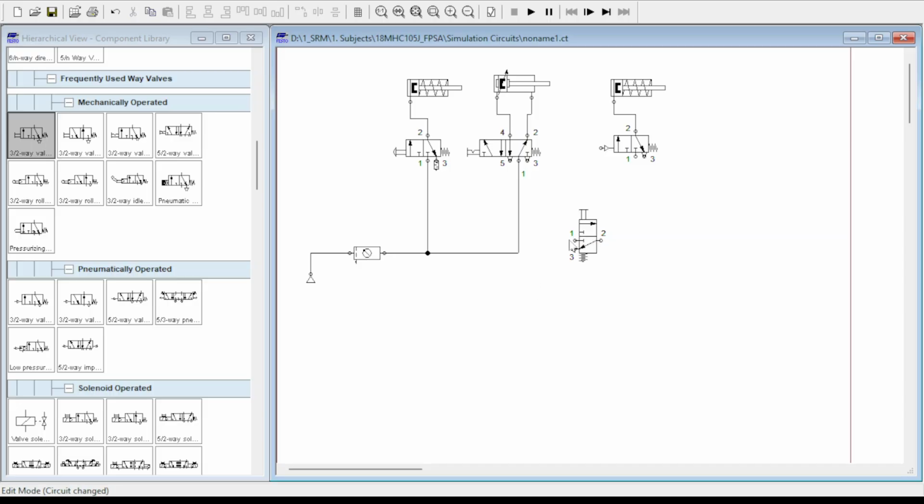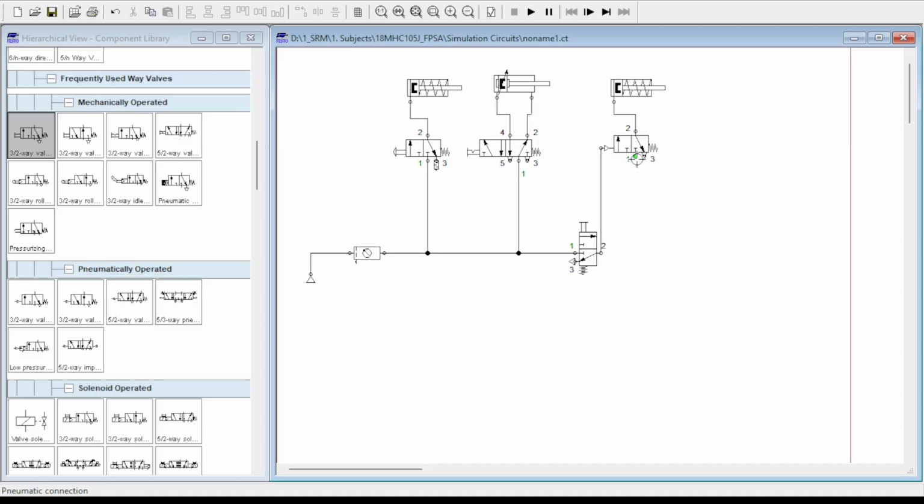The source of this DCV will be connected to the compressed air source. And the output of this DCV will be connected to the pilot port. Now, this push button actuated 3x2 DCV acts as a remote control which controls the main spool of the DCV which actuates the cylinder, thereby indirectly controlling the cylinder's actuation.